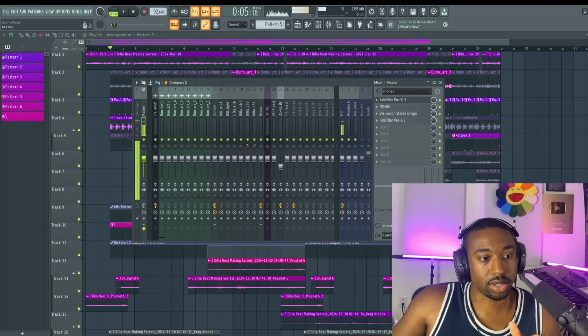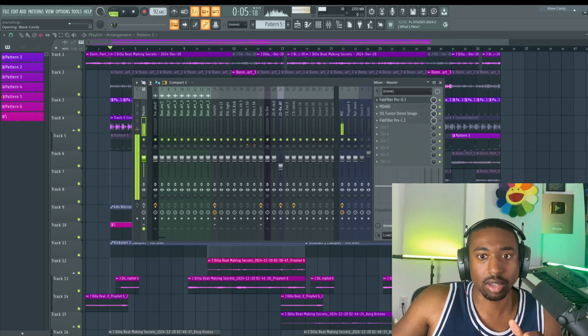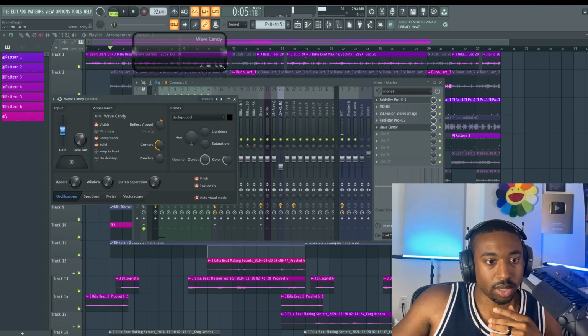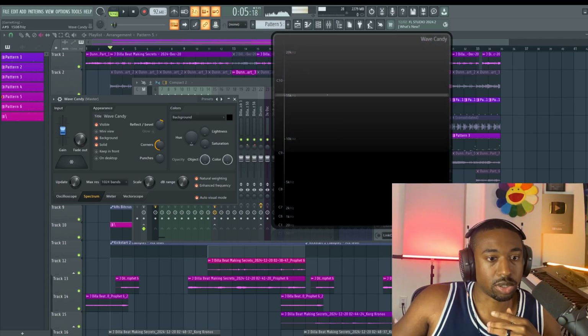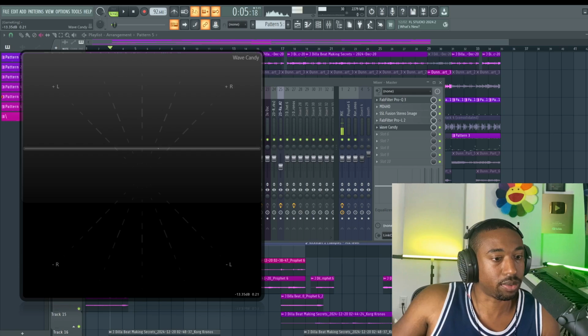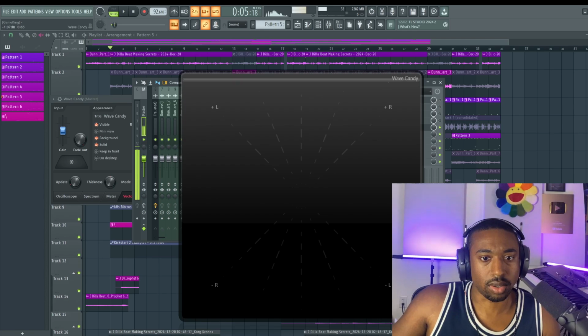Once I understood sound as a frequency map, let me show you guys something here. This plugin called Wave Candy in FL Studio. If we turn this up, turn the color up, right click, make this spectrum mode. Okay, now we can see all the frequencies in this mix. Let me turn off some plugins here and turn this on.